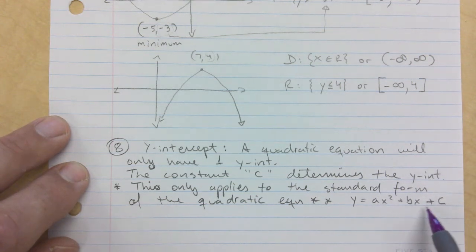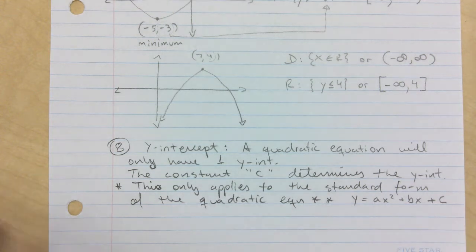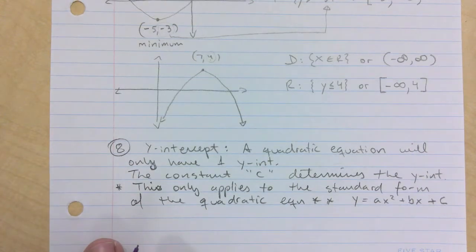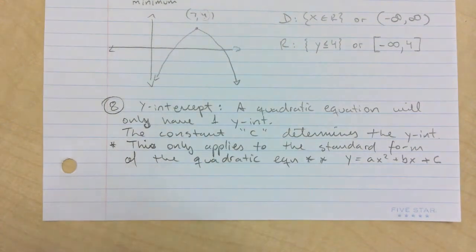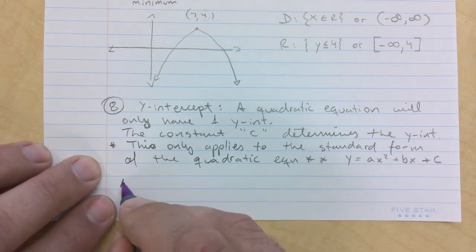Only if it looks like that can you say, okay, that last number is my y-intercept. And that's the one we're going to start with, and later on I'm going to introduce you to different ones. Okay, so example,